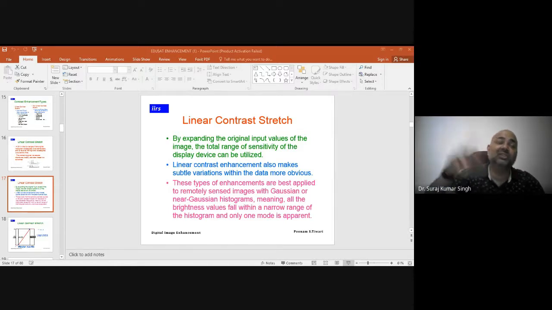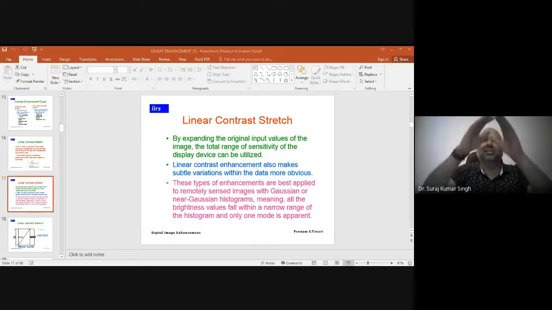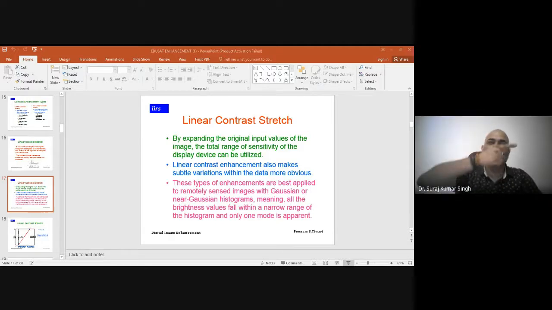Only one feature is prominent, and that is known as a bell shape. To understand Gaussian, think of a bell in your house. If you draw that bell, there will be a curve. That curve is known as one mode.